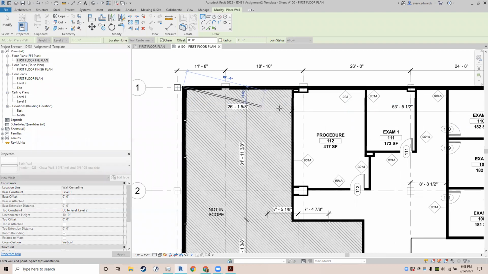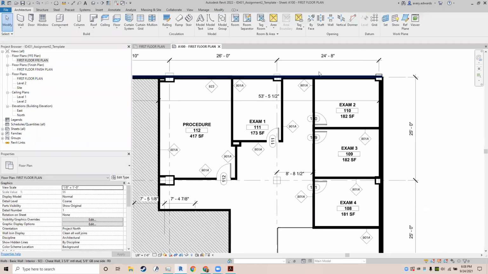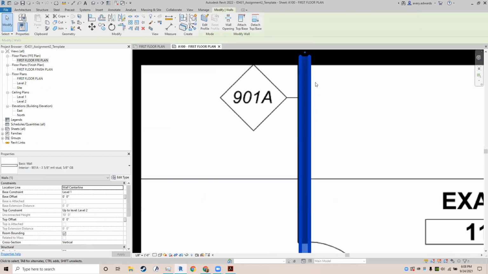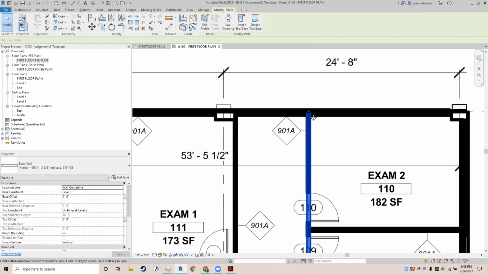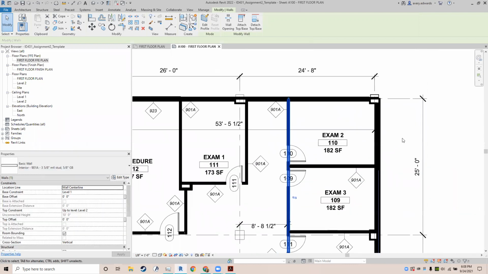So I'm going to put that there. Right now, you're just kind of guesstimating. You're putting the walls as closely as you can on top of the walls on the PDF. When you're working in real life, typically,